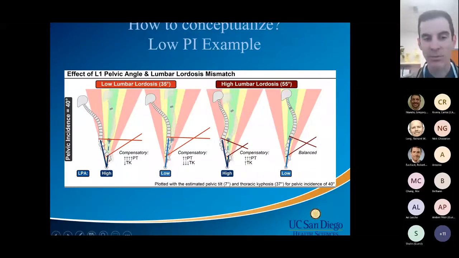The L1PA will still be high. The only way for them to get back into the cone of economy is to retrovert maximally and then flatten out their thoracic spine. Extend through their thoracic spine as a compensatory mechanism. What if you get it all low? You get like a 30-degree A-lift in, and then you don't do anything else because you're worried about overcorrecting. The problem is then this is a low lordosis with a low L1PA, and they're going to rock back still again and have to decrease their thoracic kyphosis even more. If you get the lordosis